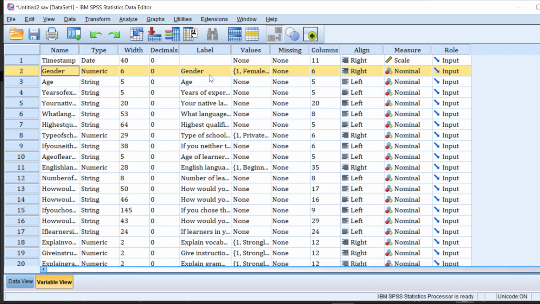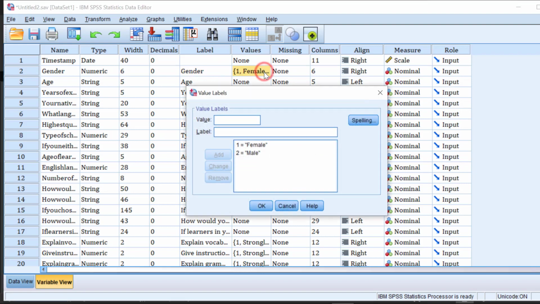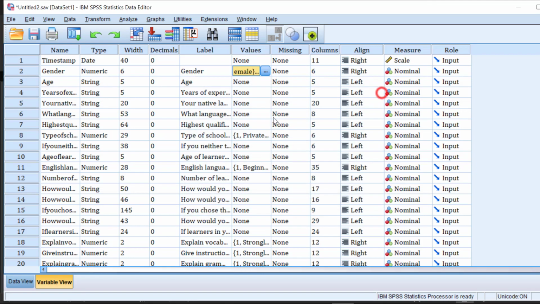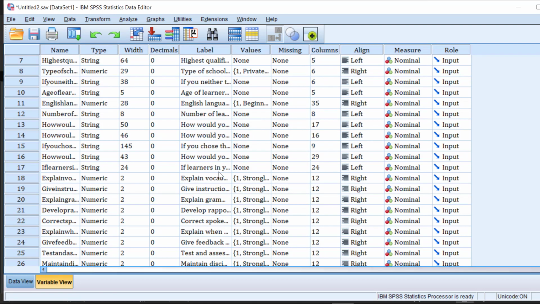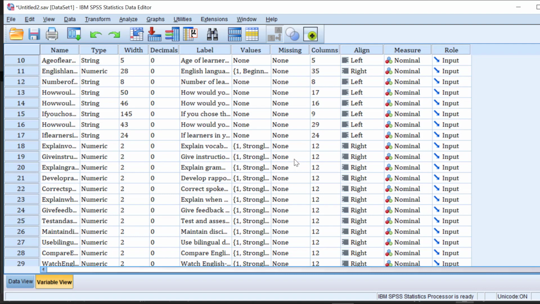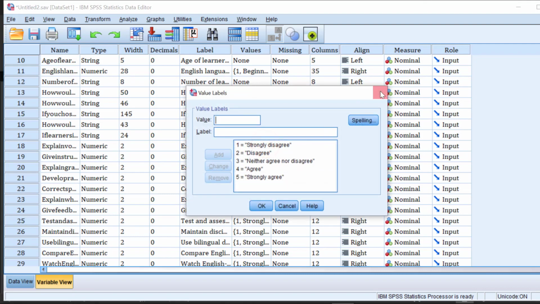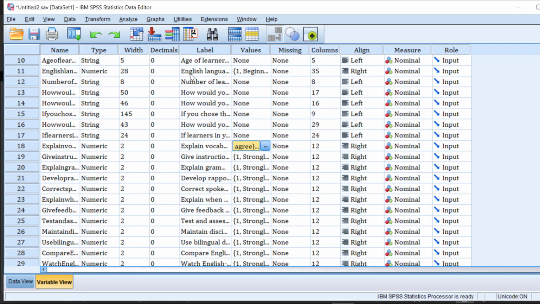There should be two variables. The independent variable, let's say gender, that consists of, for instance, two groups, and the dependent variable, let's say the use of L1, that consists of five values ranging from strongly disagree to strongly agree. So to analyze